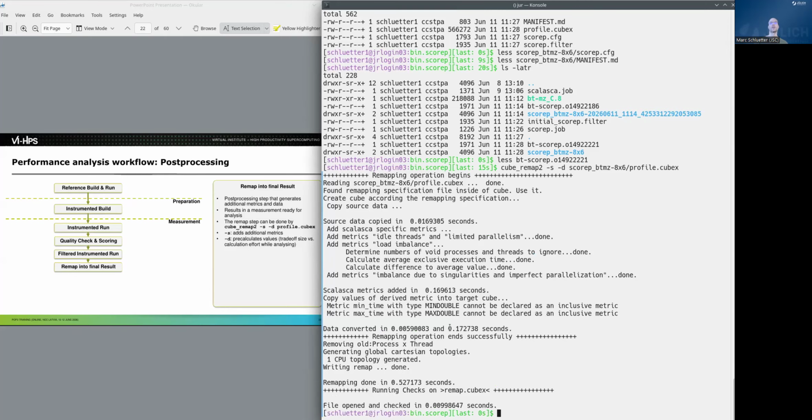Additionally, topologies are created from the data, depending on what kind of system tree information we have. So now we have a remapped cube file, and without any additional output file name, this is by default remap.cubex. This should be our final result for the profiling. We could now start looking at it with the Cube GUI, and that would be the next step in our presentation. But just to give a bit of an outlook at this point,